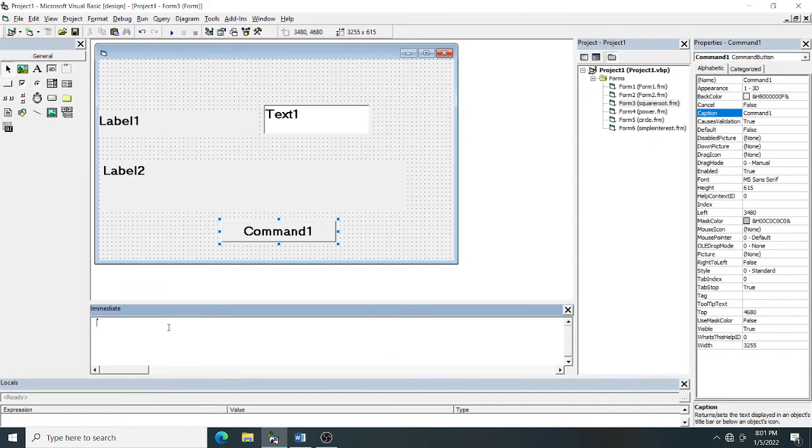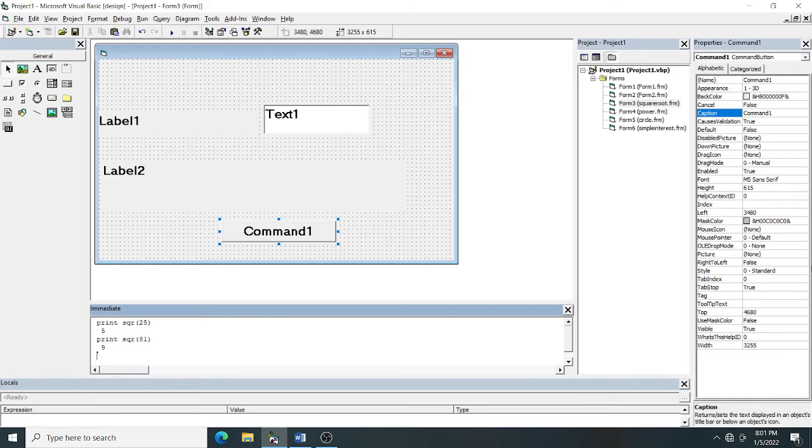What is the function available in Visual Basic? The SQR function finds the square root, and it takes a double as its argument. So 25 I'm passing as the number whose square root you have to find. Now press enter, and what is coming? 5. Now again print the square root of 81. What is the square root of 81? 9. So now let's do the program.